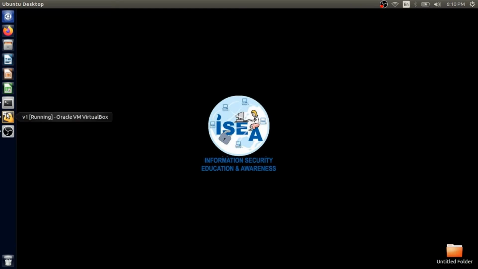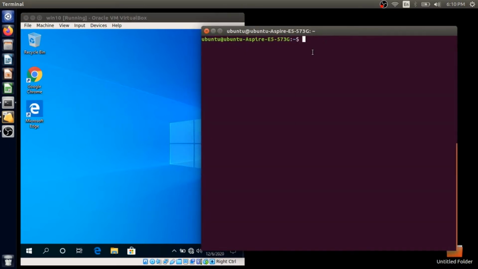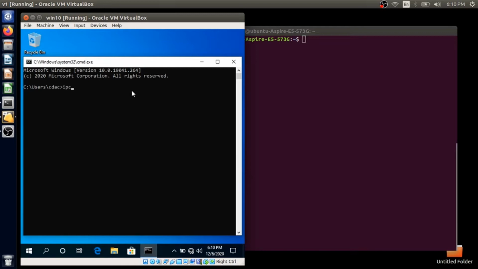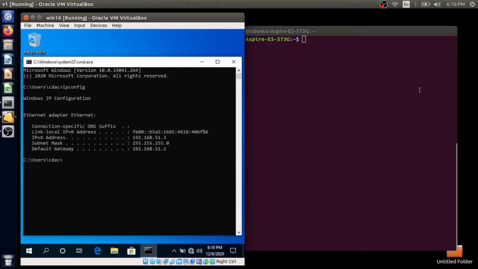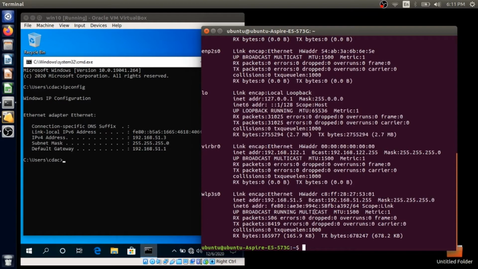For this attack we need three host machines. So I'm using Windows and Ubuntu. These both are victims. We'll check the communication between these two host machines. This machine's IP is 51.3 and this machine's IP is 51.5. To perform this ARP spoofing in the LAN environment and capture the victim's browsing traffic or communication, whatever is happening, we use this ARP poisoning technique.